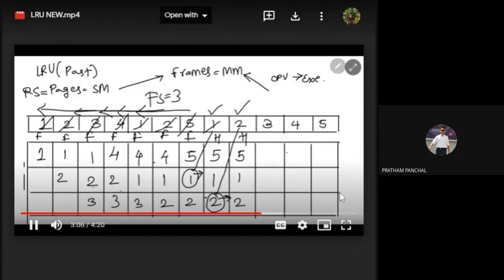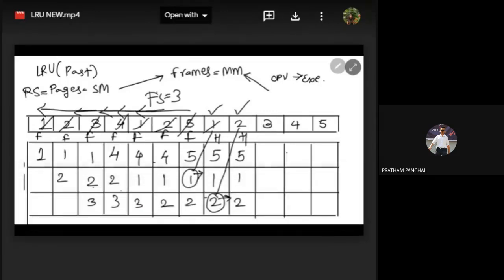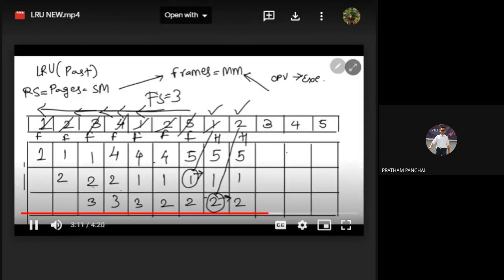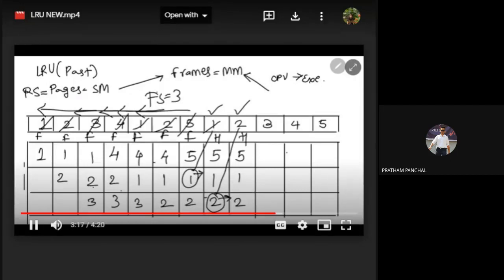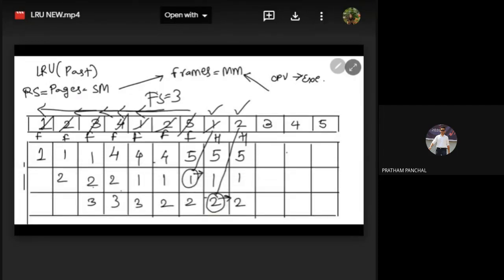5, I have to replace the page which is least recently used. So in the frame, if you encounter any hits in least recently used, avoid taking those hits into consideration in the LRU form. So from 1, 2 and 5, 1 is least recently used, so replace 1 with 3 and copy the remaining as it is with a page fault. Now to replace 4, I will be checking 3. I cannot use these 2 hits, so I will check 3, 5 and 2. So from 3, 5 and 2, 2 is least recently used, so replace it with 4 and the others as they are with a page fault.